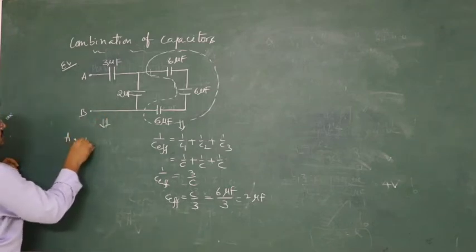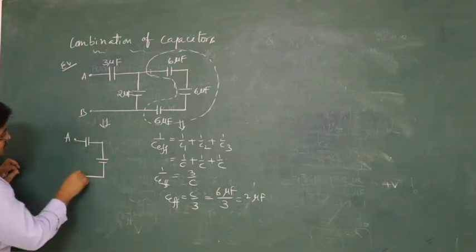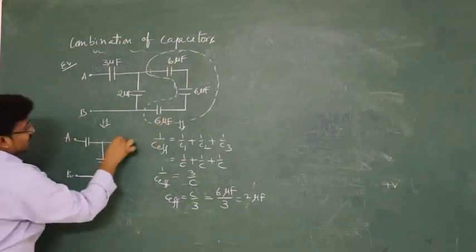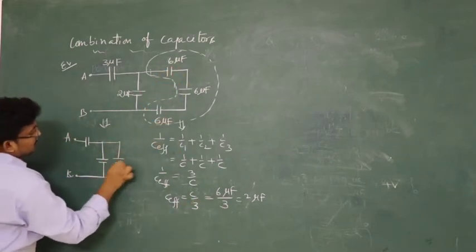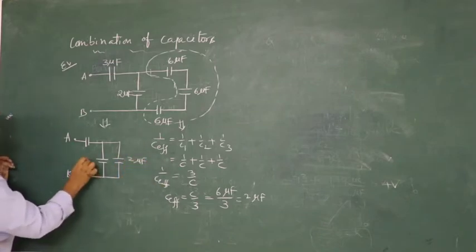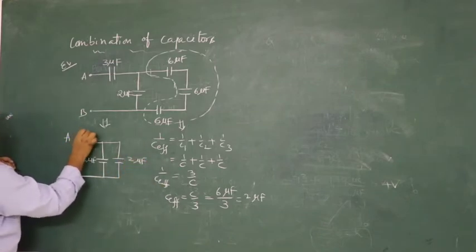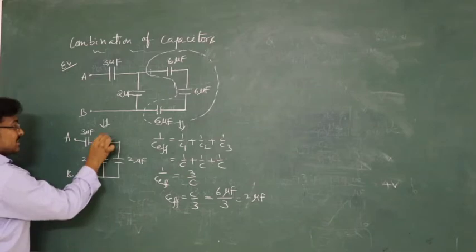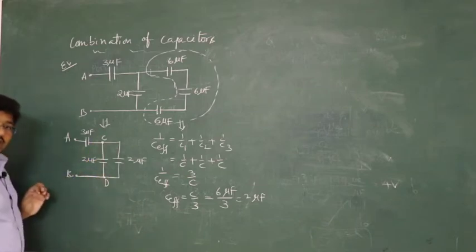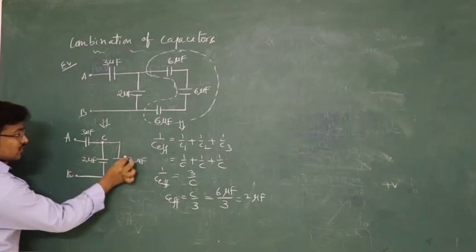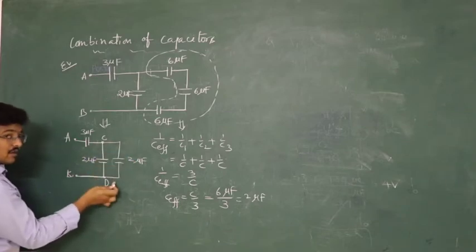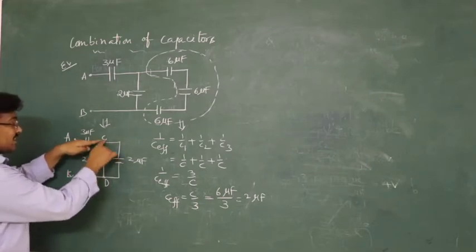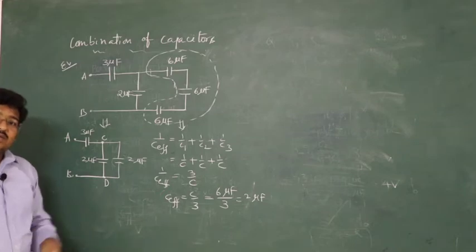This is A and this is one capacitor, and this is B. Now replacing all with 2, I am getting 2 microfarad capacitor here, and here it is 2 and this is 3 microfarad. Now again see, if I take this end as C, this end as D, can I say for this 2 microfarad capacitor the endpoints are CD, for this 2 micro also the endpoints are CD, means these 2 plates are kept at C, these 2 plates are kept at D, they are connected in parallel.